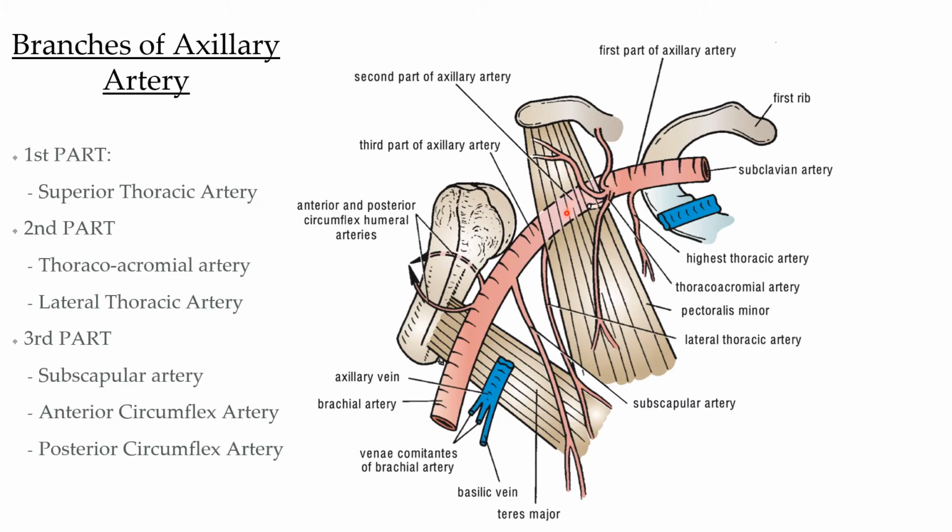The other branch of the second part of the axillary artery is the lateral thoracic artery, which you can see here in the illustration. This lateral thoracic artery crosses the lateral border of pectoralis minor muscle to supply serratus anterior, pectoralis major and pectoralis minor, axillary lymph nodes and subscapularis muscle. This branch in females is larger compared to the one in males, and in females it gives lateral mammary branches.